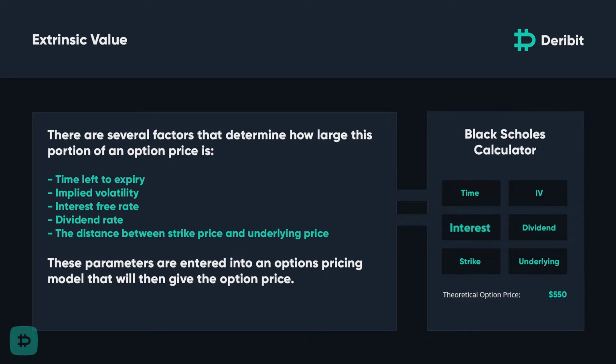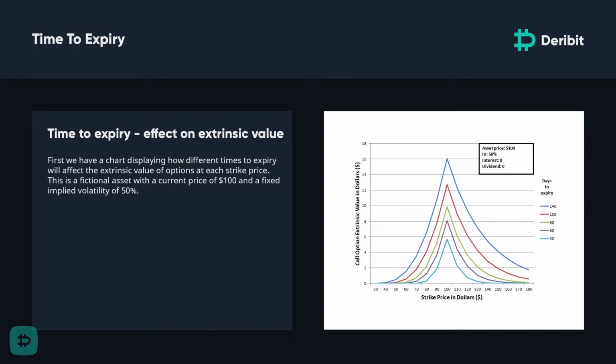On Deribit, both the interest-free rate and dividend parameters are left at 0, but let's look at an example of how the rest of these parameters affect the extrinsic value of an option, such as the time to expiry and implied volatility. First, we have a chart displaying how different times to expiry will affect the extrinsic value of options